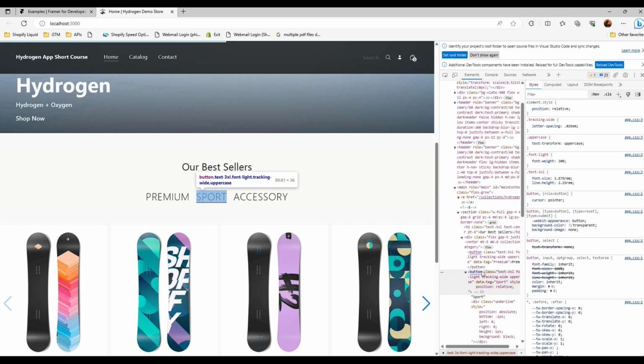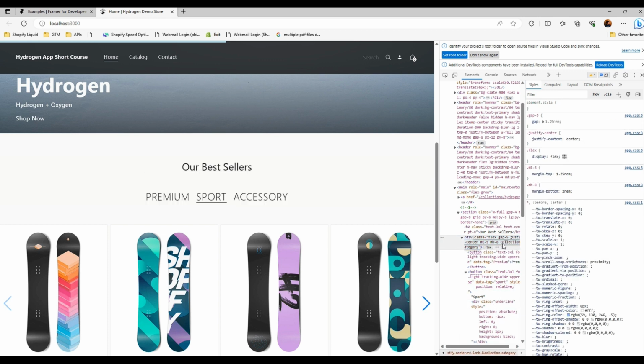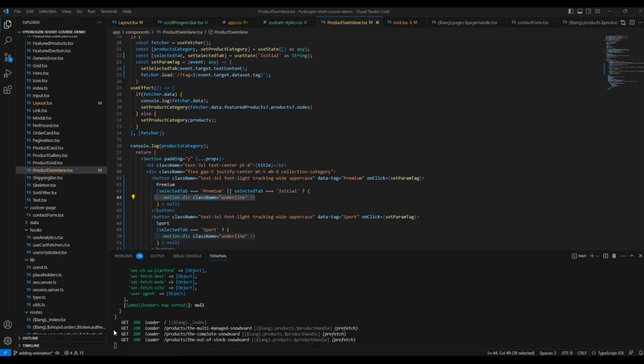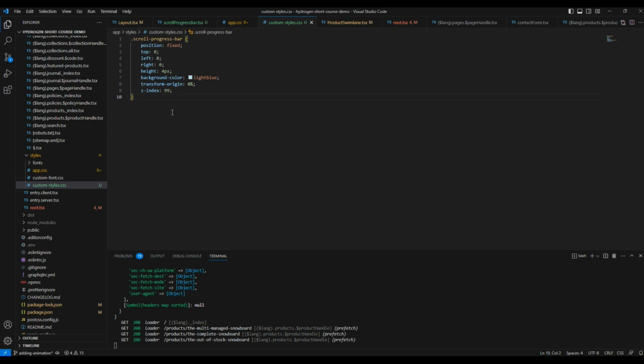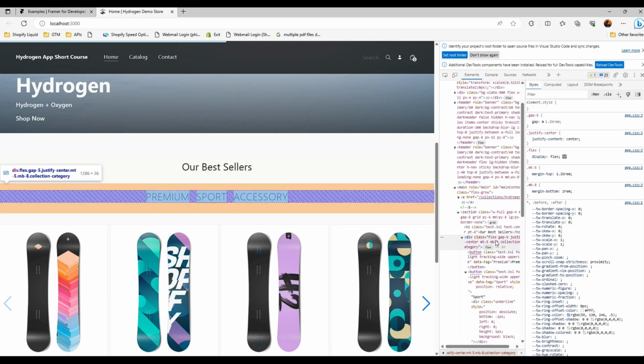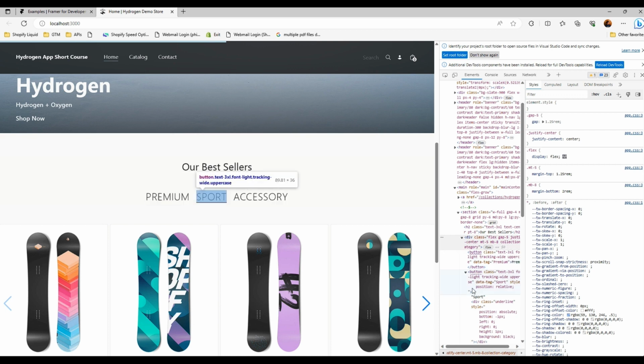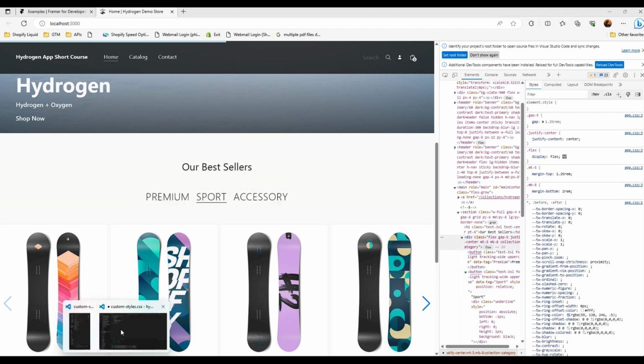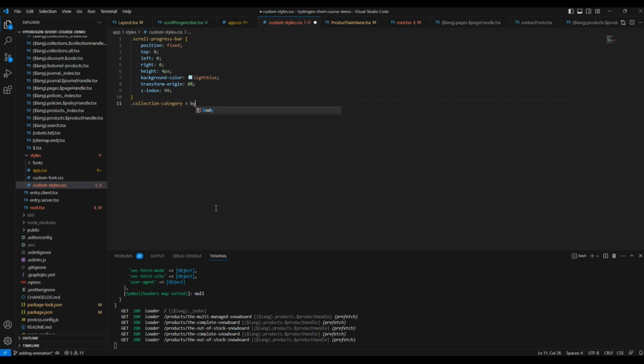So how we are going to do this, I think I need to take this category, add this category, and define it in our custom style. So here we're gonna do collection category. Next is the button. In every collection category there is a button. So I think what I have to do here, we're gonna say button